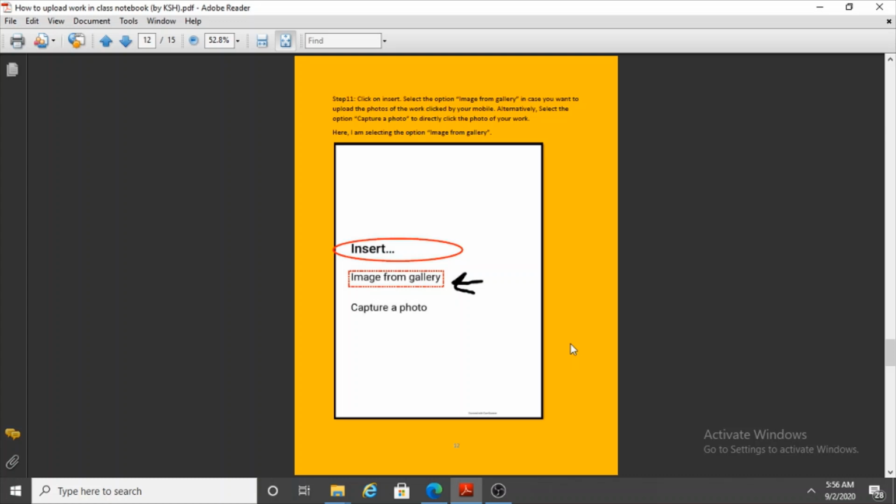Now in case you have already clicked photographs of the homework on your mobile, you can go to the option image from gallery, and it will take you directly to your gallery. But in case you have not clicked any photographs already and you want to directly click the photographs, then the ideal option will be capture a photo. Alright, in my case, I'm choosing image from gallery.